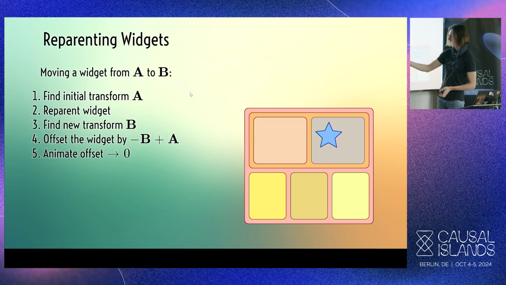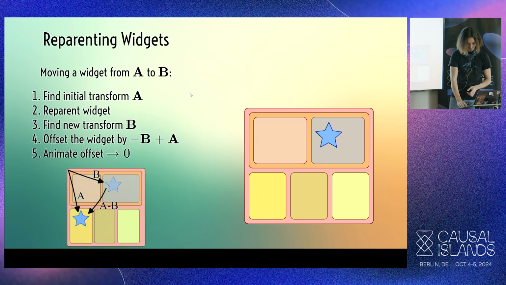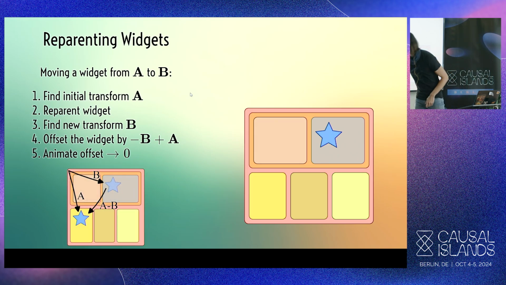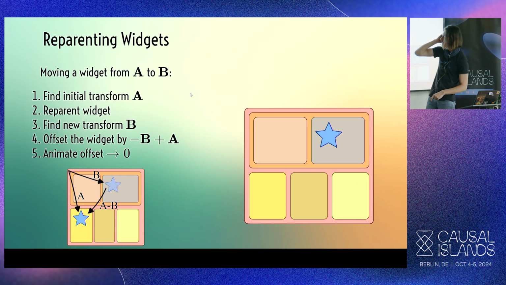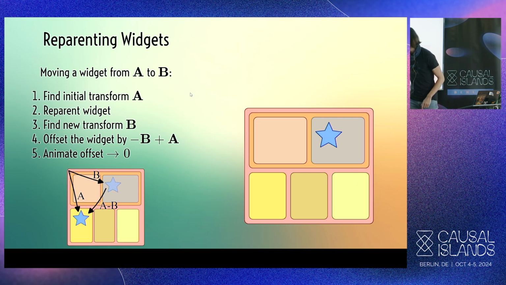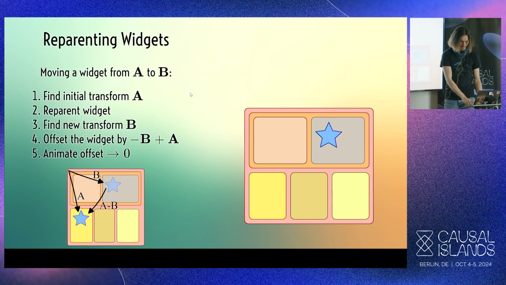So the way to animate its movement is as follows. First we find its initial position. There is a picture. Let's call this A. So this is the starting position. Then we reparent the object immediately, so it snaps into place into the new position. Then we find the new transform B. And then we follow this path. We follow the B in reverse, and then A, and we shift the object to this original position,